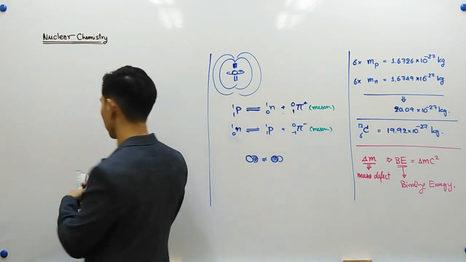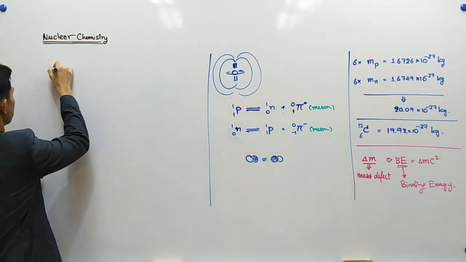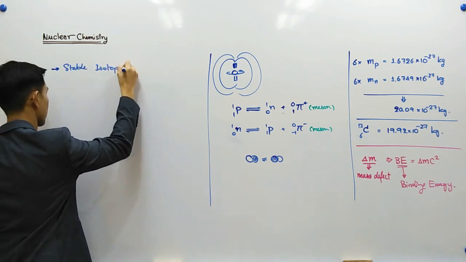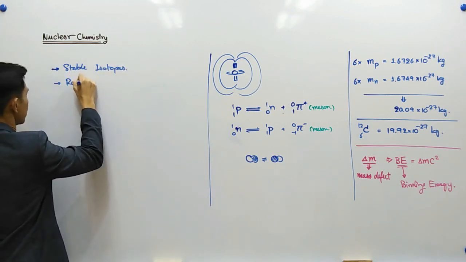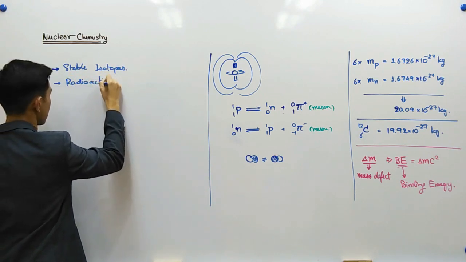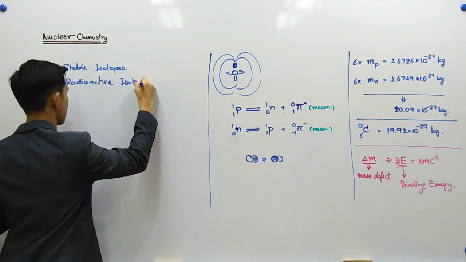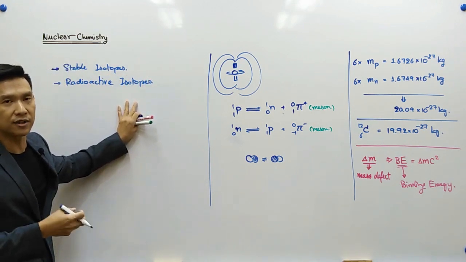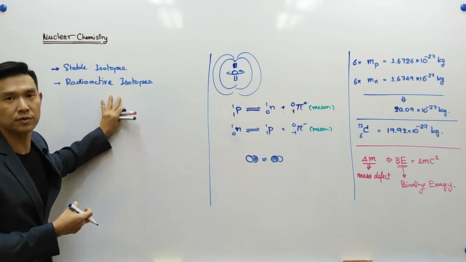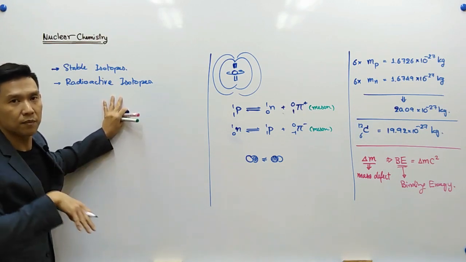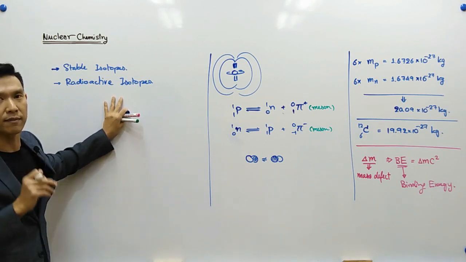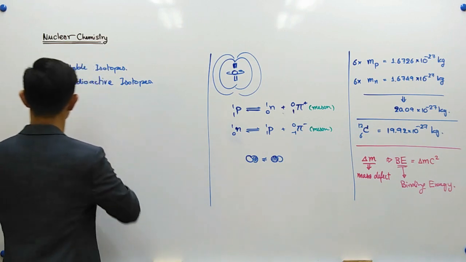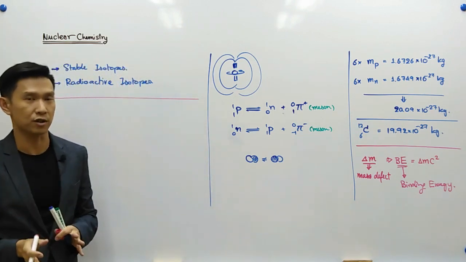So isotopes of an element can be divided into stable isotopes and radioactive isotopes, because these are the unstable isotopes. So the nucleus of these isotopes decomposes and then produces radiation, alpha, beta, gamma, things like that from your high school. So now, if we look at just the stable isotopes, okay,